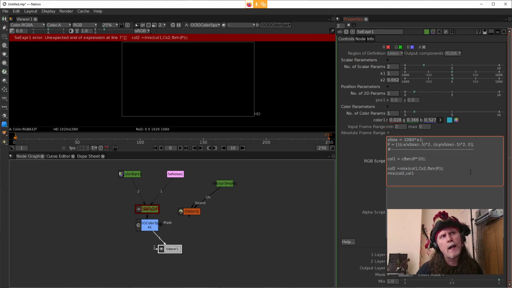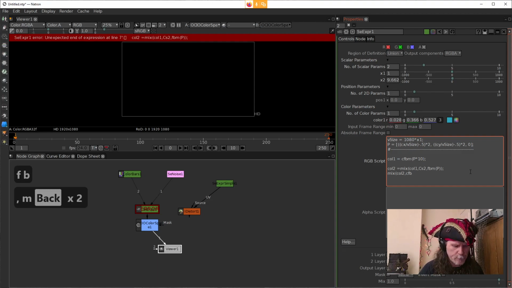Let me just think about this. This ought to create something that's not going to really be that interesting. I'm trying to think of a noise pattern that's really interesting. You know what? FBM, parenthesis P times, let's make it just a noise, 100 in parenthesis, comma,